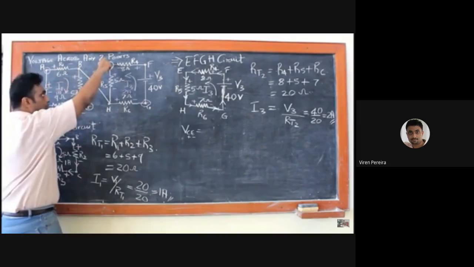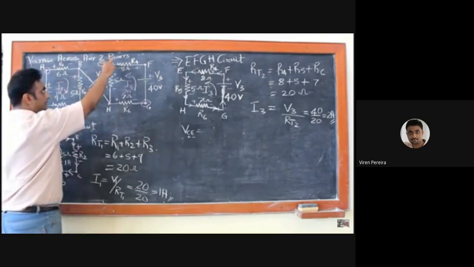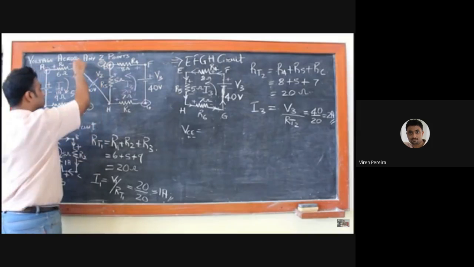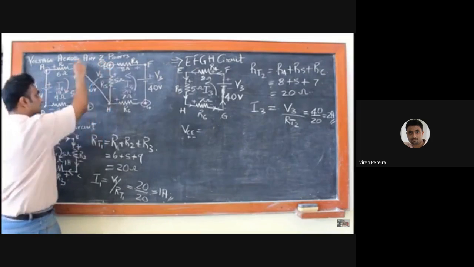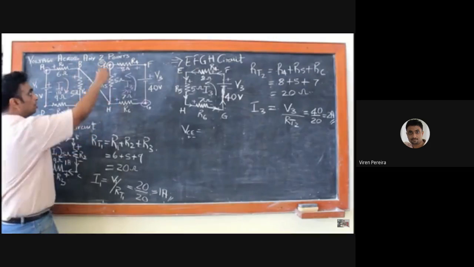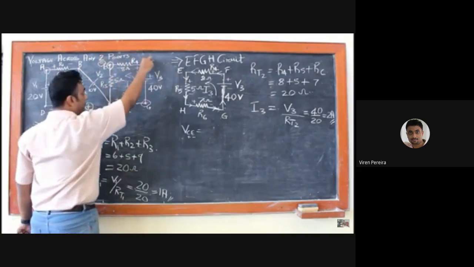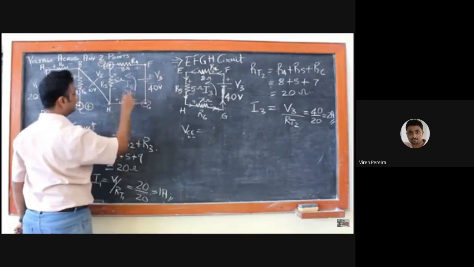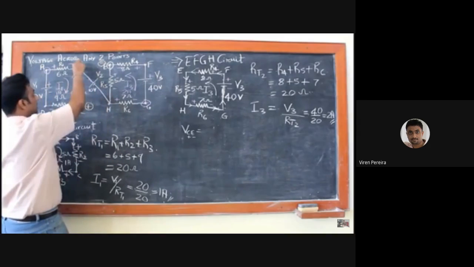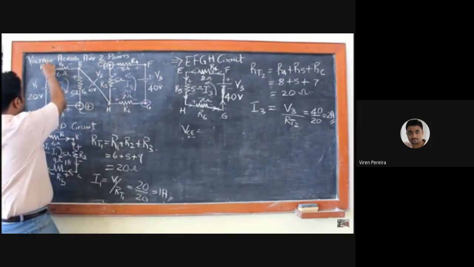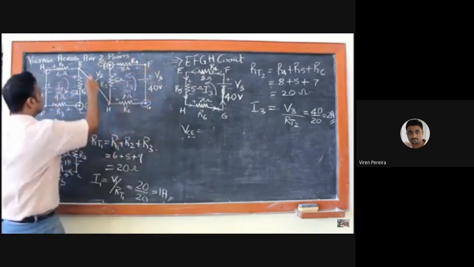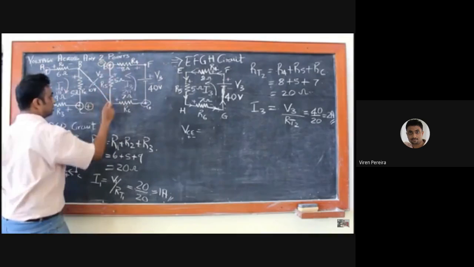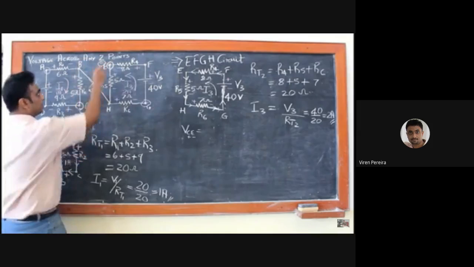So you can either go in this fashion, you can just see where my finger is pointing, from E to H, from H to B, and from B to C. So you can either take this route, you can even take E to F, F to G, G to H, H to B, B to A to D, and D to C. So you can even take the long route, you can take this short route, you can even go in this fashion,